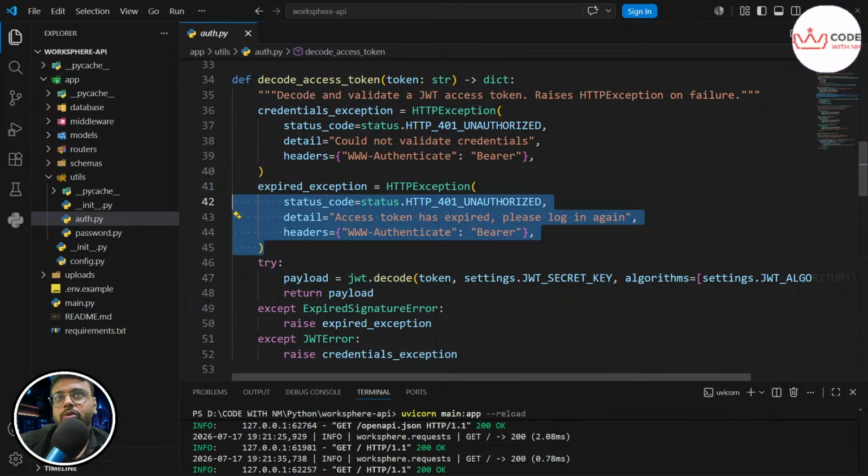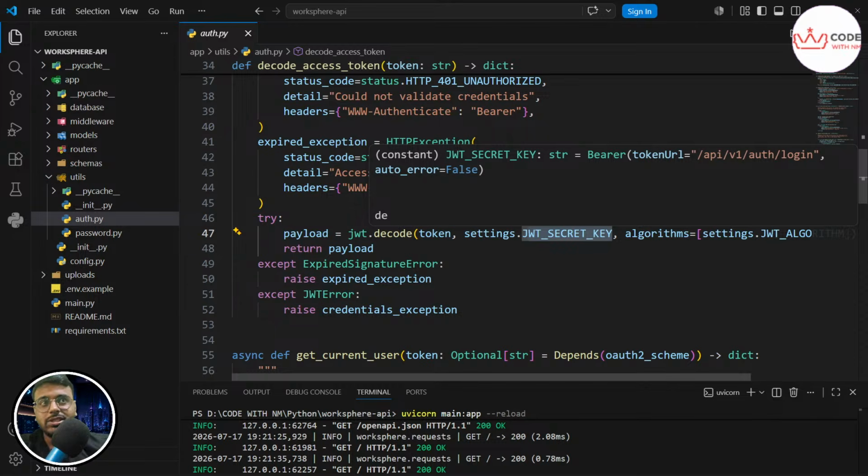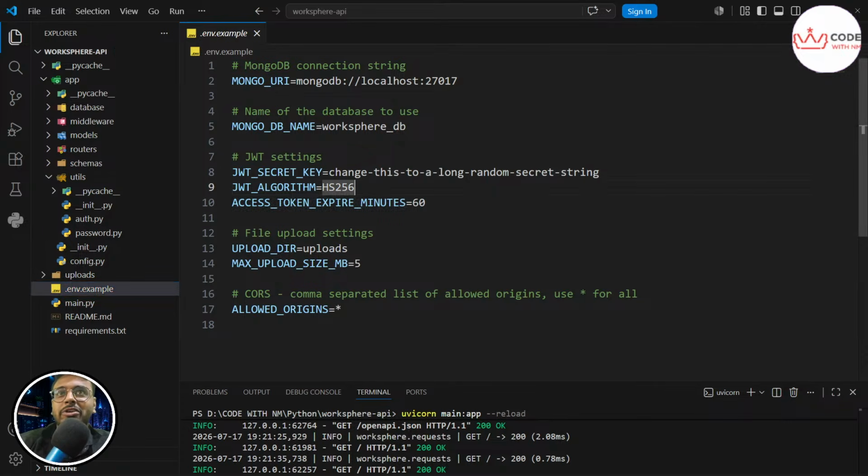Understood? So this is the code responsible to check all this. Ultimately, here we are trying to decode the token and the JWT secret key. This secret key is responsible for identification, because this is a two-way handshake. We are passing our token and our server also has its JWT secret key. So that secret key and our token should match. Once they match, then only you are authenticated and authorized to log in and use any of the functions in our applications. This is also stored in env, and this is my